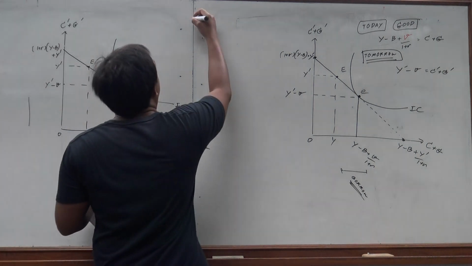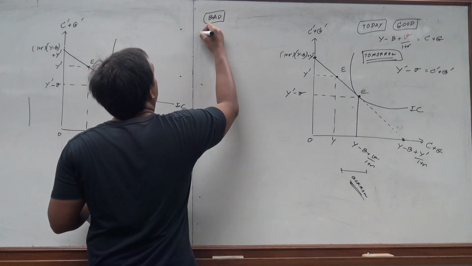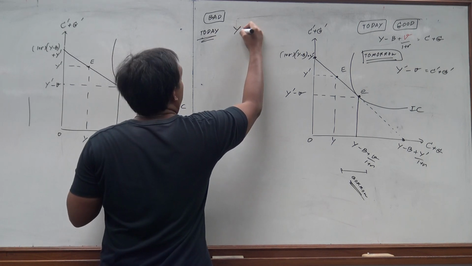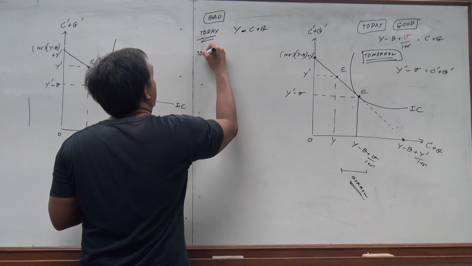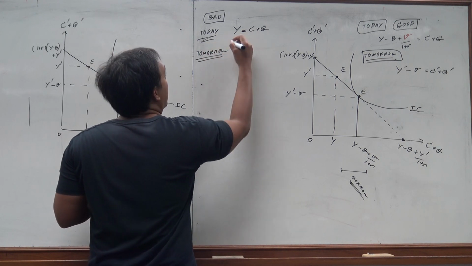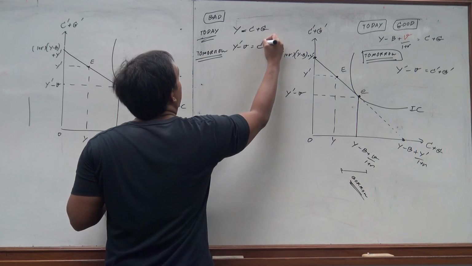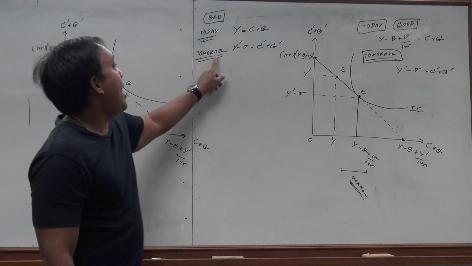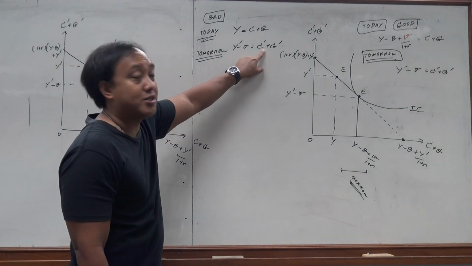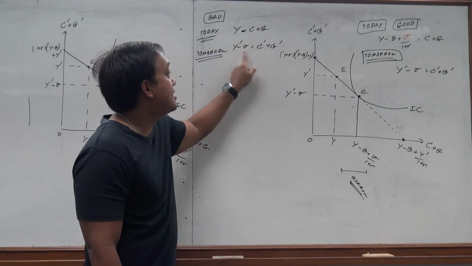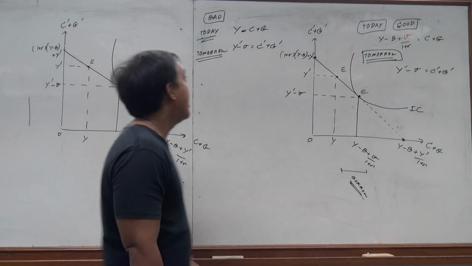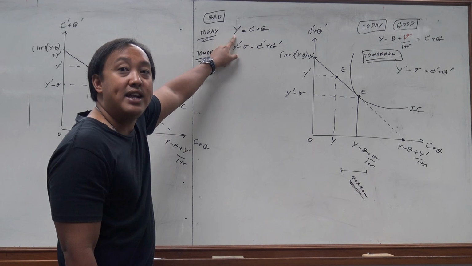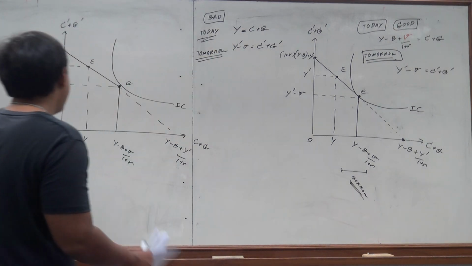If you are a bad borrower today, tomorrow's spending will be equal to y minus v, same as the good borrower. However, if you are a bad borrower today, today's spending only equals y. So then this means that